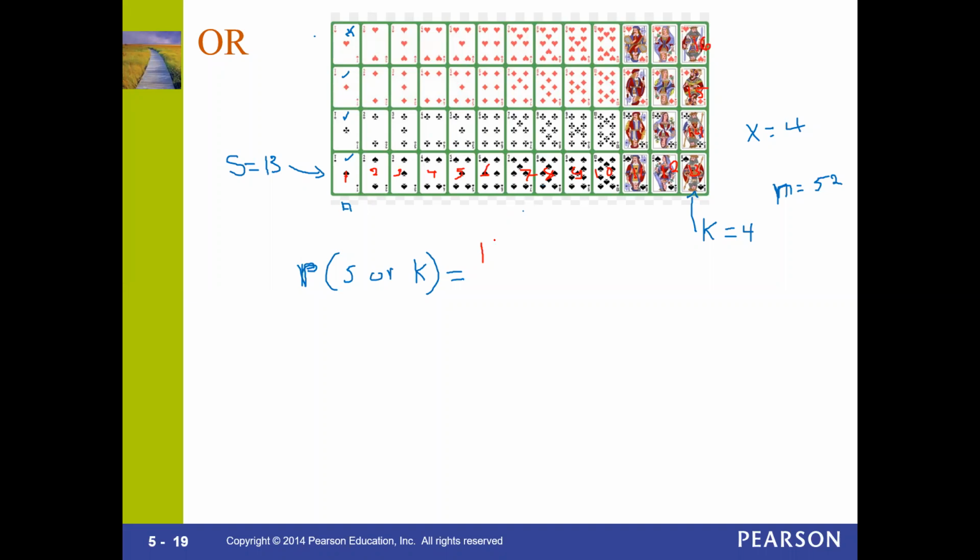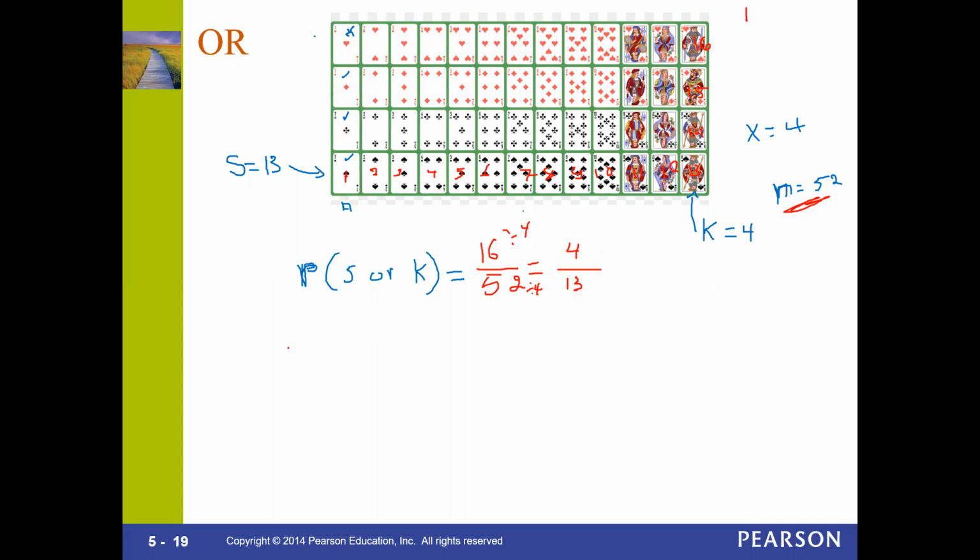So I would say 16 out of 52, because you have a total of 52 cards here. Then you do the math. It needs to be simplified. If you divide by 4, that's 4 divided by 4 here, and divided by 4 over there. That's going to give you 4 over 13. This is the real value here. Or there's another way to do it.